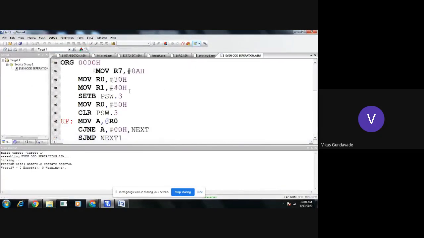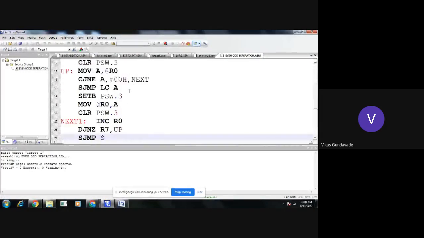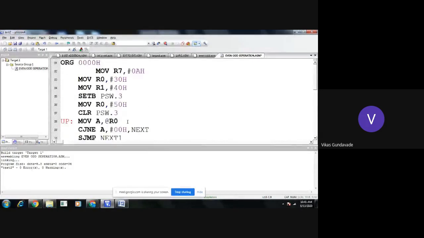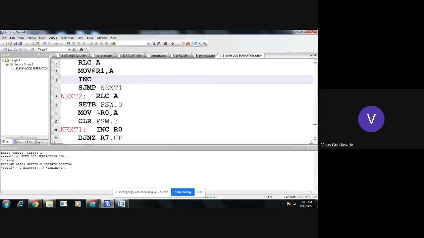See here in this program, we have done a silly mistake. Here, when we are transferring the contents into the memory location, we need to increment the memory location, which has not been done here. So here we need to increment the memory location with the instruction move. 40 and 50. So here first RLC A into R1.